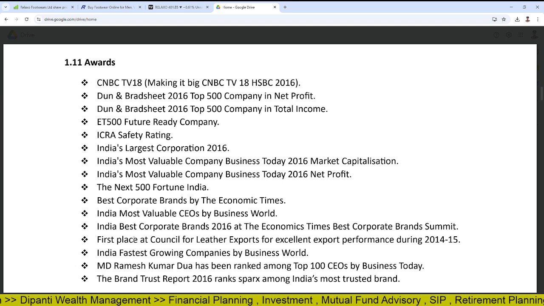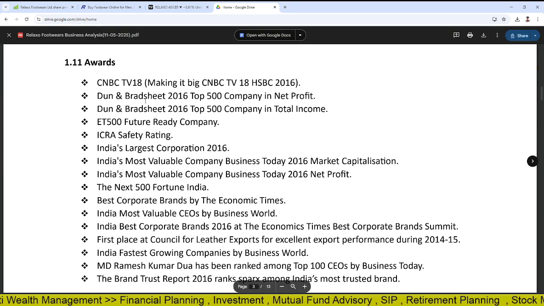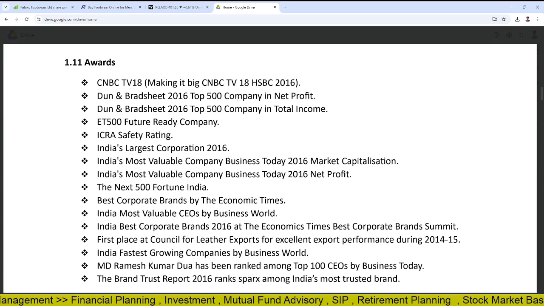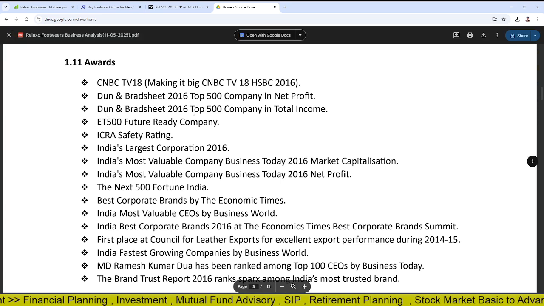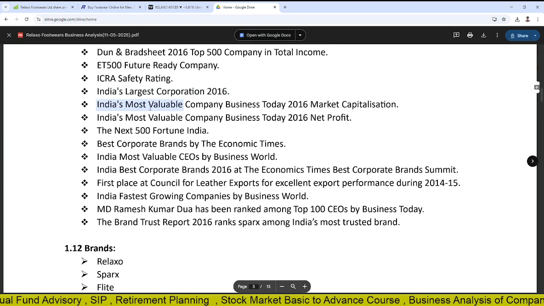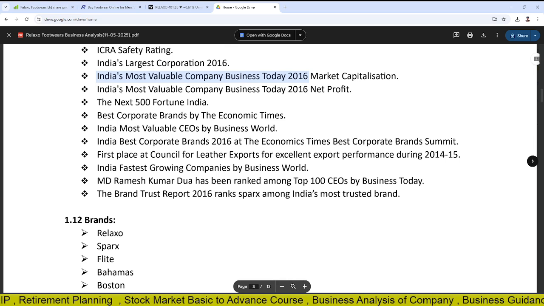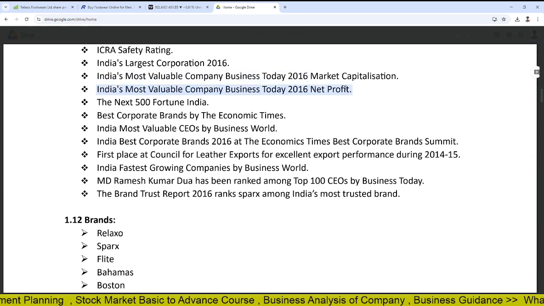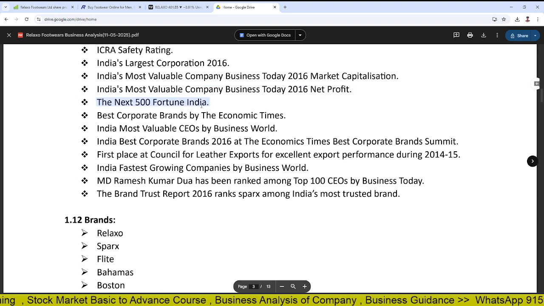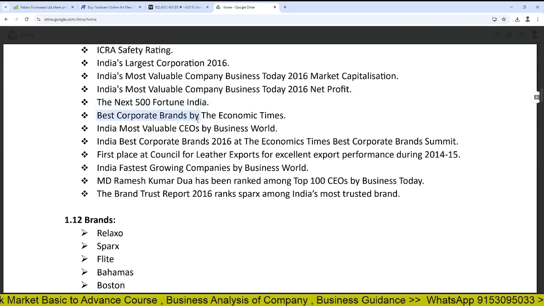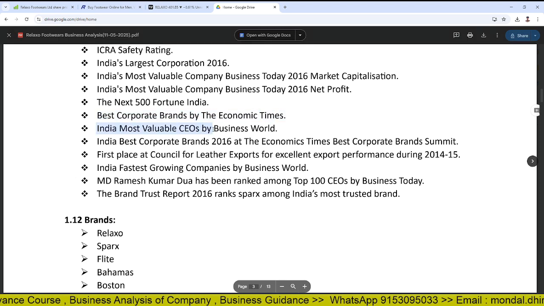You can see the list of awards: CNBC TV18, Dun and Bradstreet 2016 top 500 company in net profit, then again top 500 company in total income, ET 500, Fortune Ready company, ICRA safety rating, India's largest corporation 2016, India's most valuable company Business Today 2016 by market capitalization, India's most valuable company Business Today 2016 by net profit, the next 500 Fortune India, best corporate brands by the Economic Times, India's most valuable CEOs by Business World,